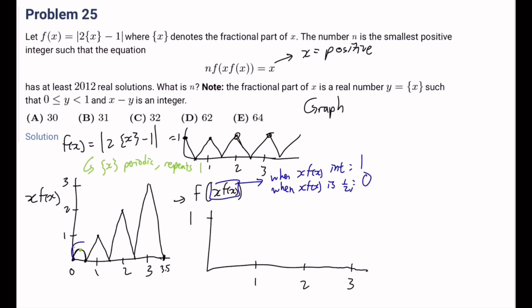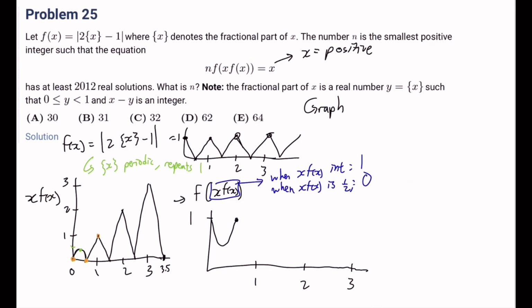First of all, this part, the little bump. So we said that this part never really rises to 1/2. And so that means it doesn't really go to 0. So it's going to go like that, and then come back to 1. And it's going to come back to 1 because right here, that's when x times f of x is an integer. It's 0. And so I'll just